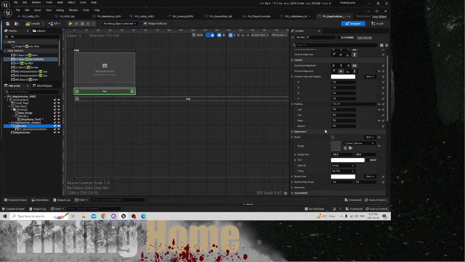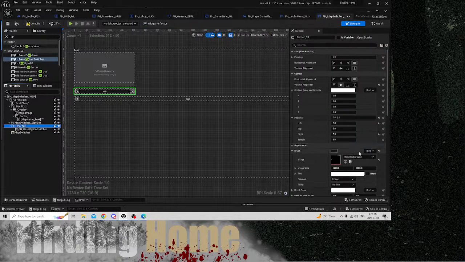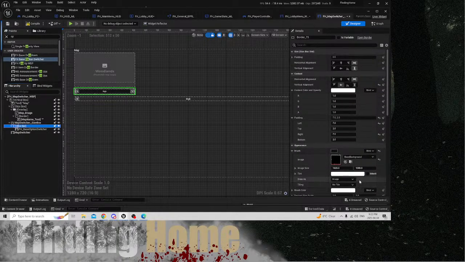Border. I want to change this to base background. Hit Control Z, 2828, get Control Y. We do 128, 128, and